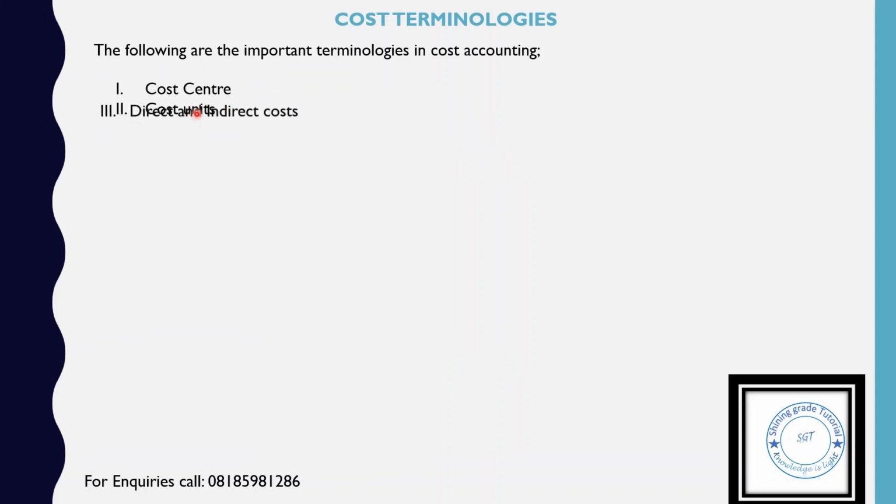Alright, so we also have direct and indirect cost. Direct costs are costs that are directly incurred. Whenever such costs are incurred, we can trace them to a particular unit, and they increase with the level of activities. If the level of activities is going high, what happens? They will also increase. So we call them direct costs, and we can trace them to a particular unit of production or output. Alright, that is the aspect of direct cost.